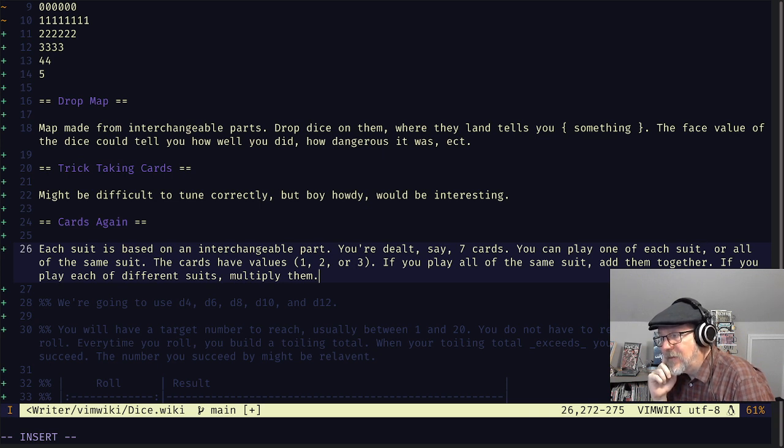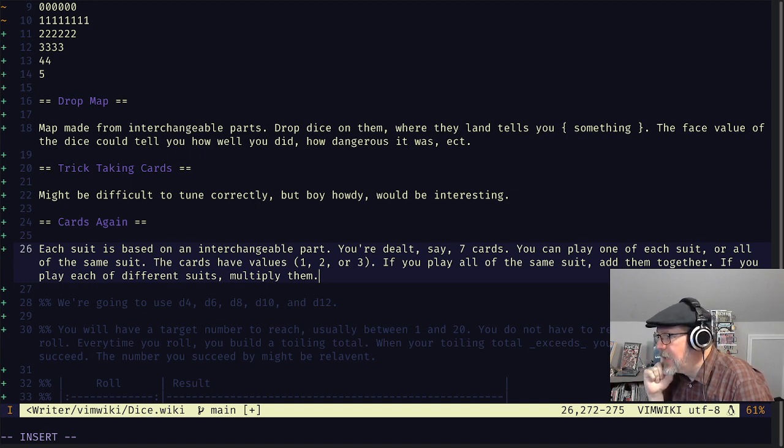There are ways that we can make it so that you're making tactical decisions either way. Maybe you refill your hand afterwards, so somebody might be building towards having one of each suit, or building towards something like, I really want to use that drill arm, so I'm just going to start collecting as many of the drill arm as I can get. And then when the time comes, I'm going to drop 5 drill arms, and people are going to see a 12 attack or whatever. I think that has some merit there. There's something interesting to be done there.